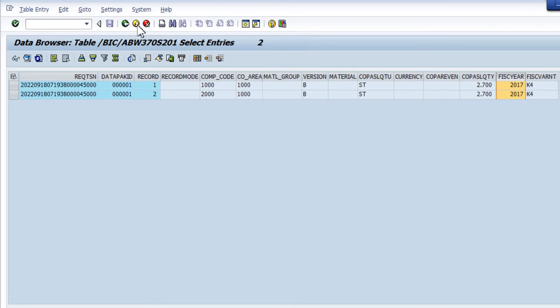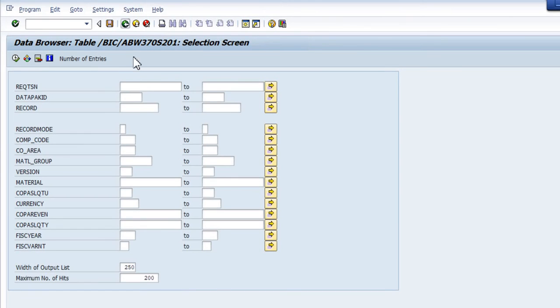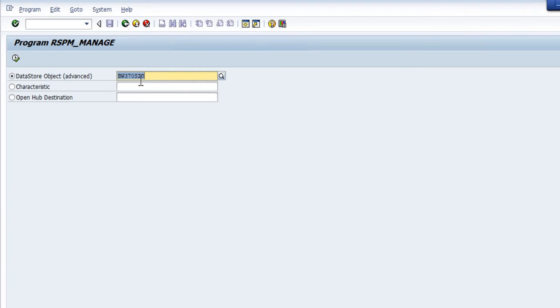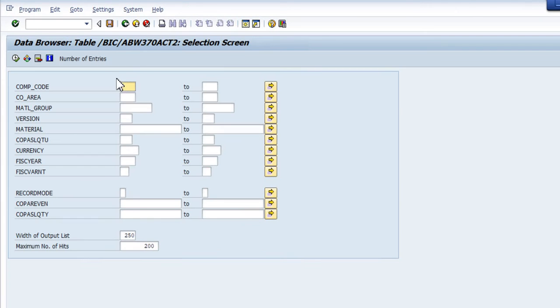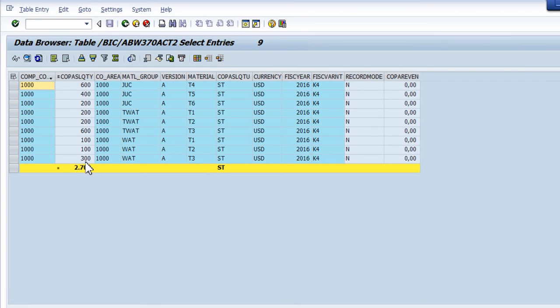So this data has actually changed. If you go to my actual data, if you look at the data for 1000, here it is 27,000 and person is A and year is 2016. So this year and person, the same data is actually copied into another target. So that's what we use the copy function. Now we are going to the next one,